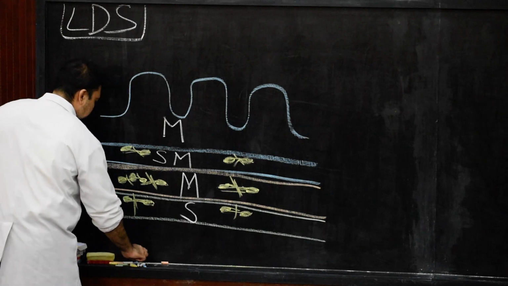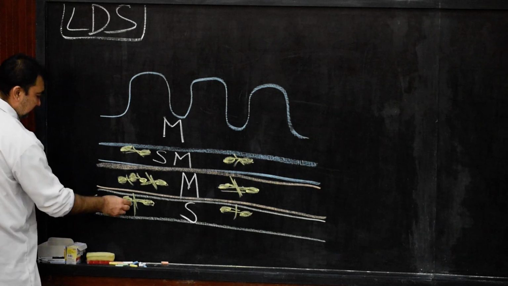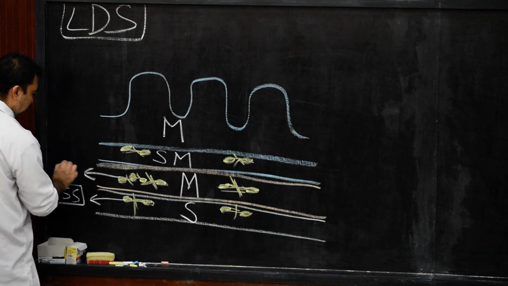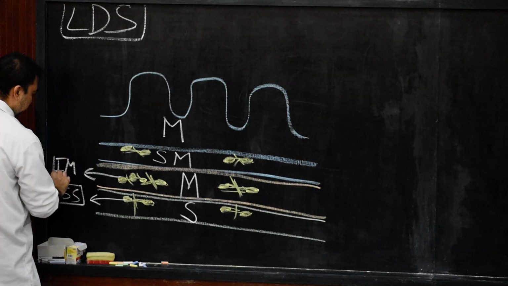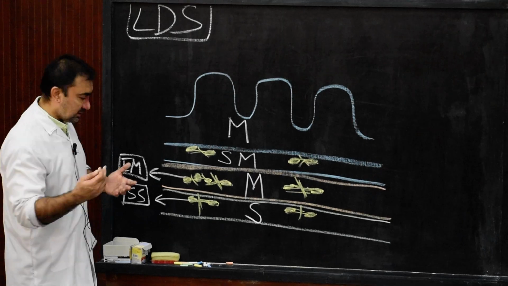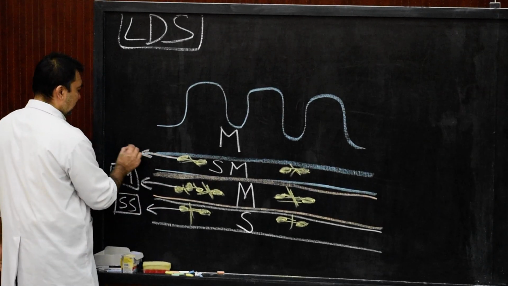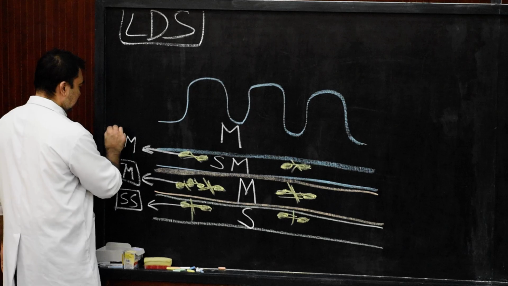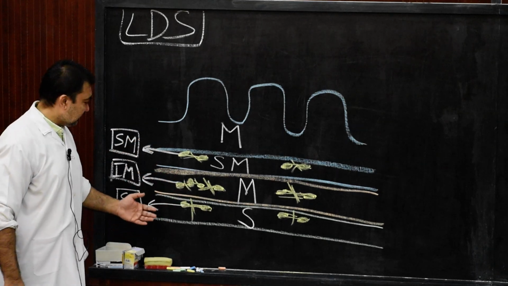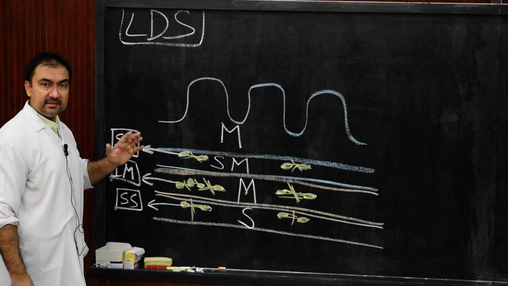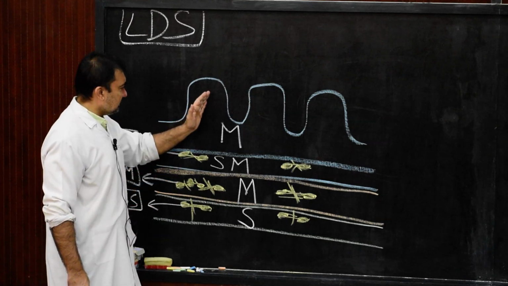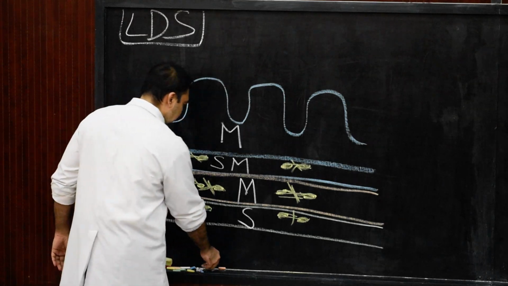Now these three layers here, we will name them as: this is subserous lymphatic plexus, this will be intramuscular lymphatic plexus. This is how the lymphatics will be drained from the stomach. And this will be the submucous lymphatic plexus. Three different plexuses in three different layers: subserous, intramuscular, and submucous. Now how does it start? It will start from the mucosa. How does it start in the mucosa?